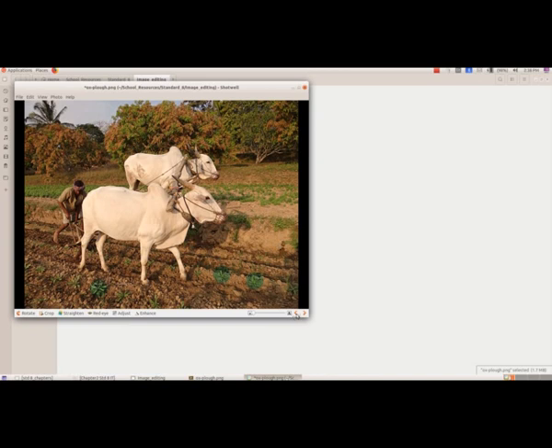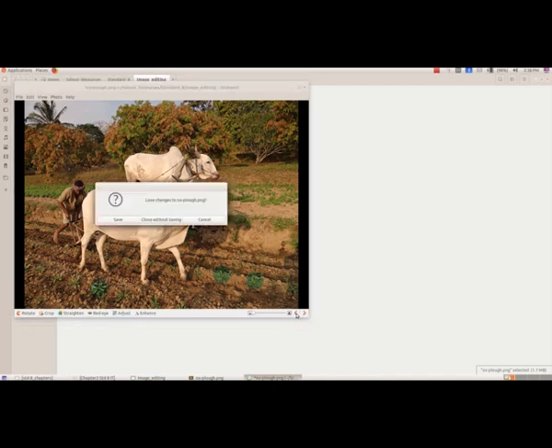And here we have the arrow symbols, and this one, the first one, it will take us to the previous photo. Lose changes. I don't want to make any changes there, so I am giving close without saving.